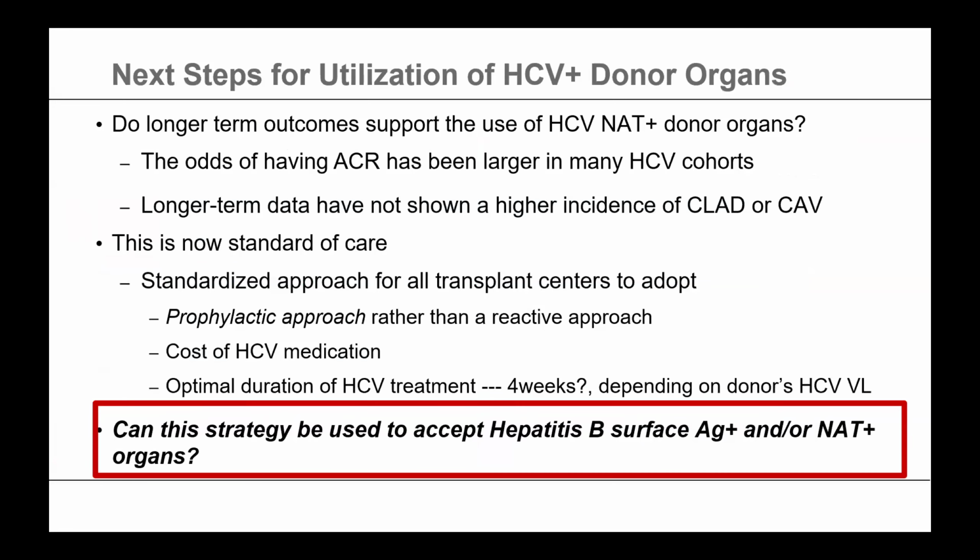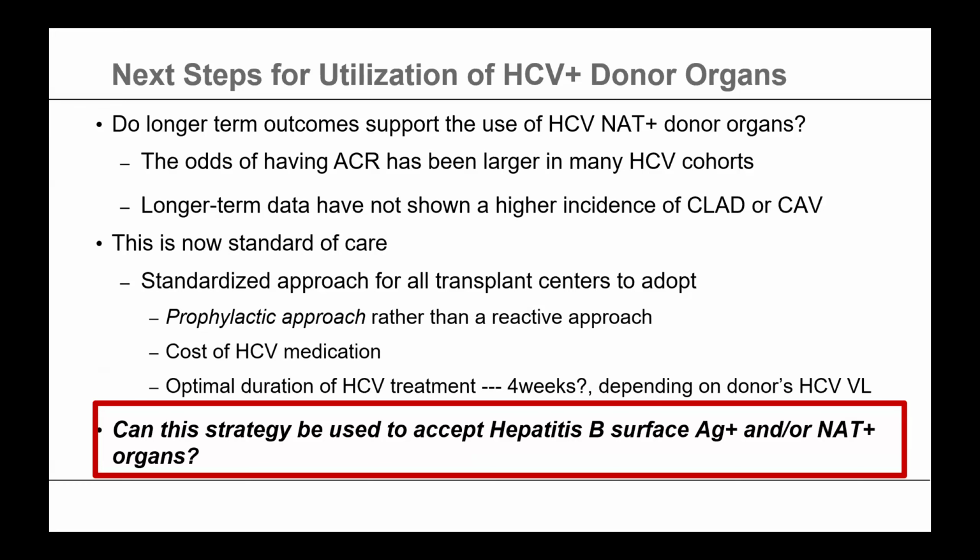So what are the next steps for utilization of hep C donor organs? I mean, when you think about this, 10 years ago, this was such a controversy. Should we do this? We know that we had a precedent at that time for donor-derived infections with CMV, which is not curable and leads to many more non-infectious complications. So fortunately now, transplanting hepatitis C positive donors is standard of care. Though we did see, and I think it's important for us to still look at, some of the non-infectious causes, such as perhaps an increased risk of acute cellular rejection.